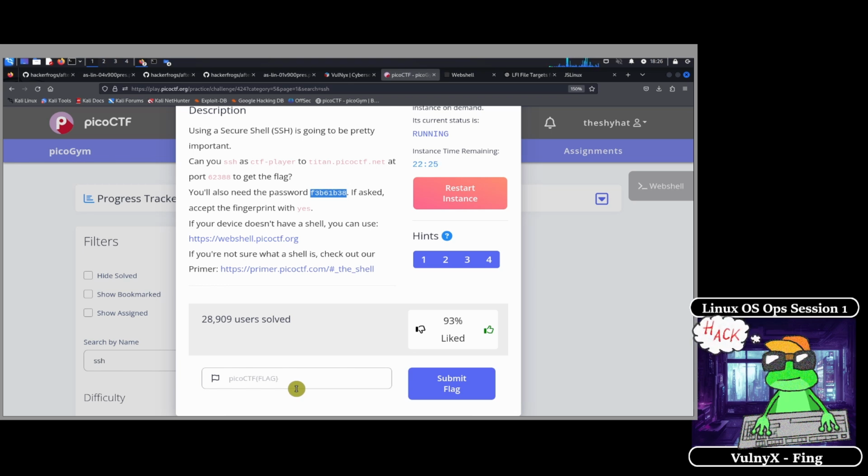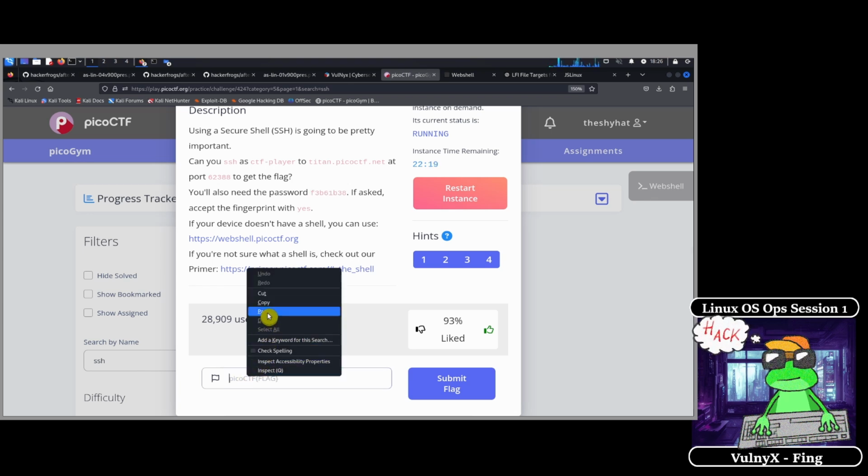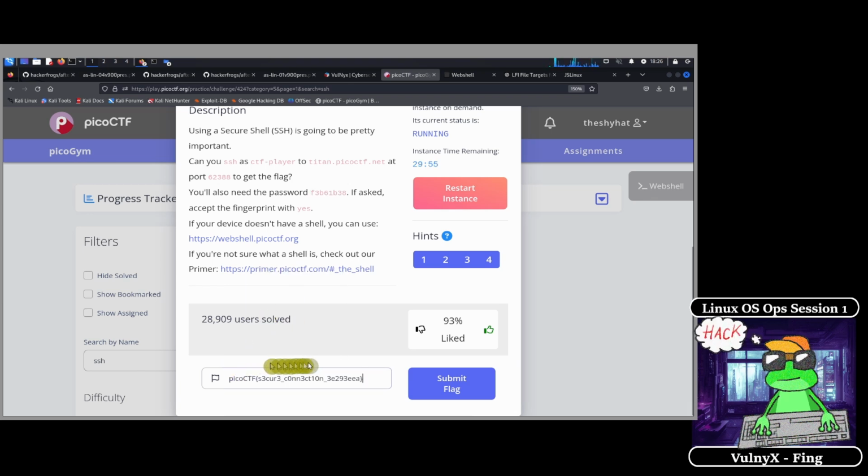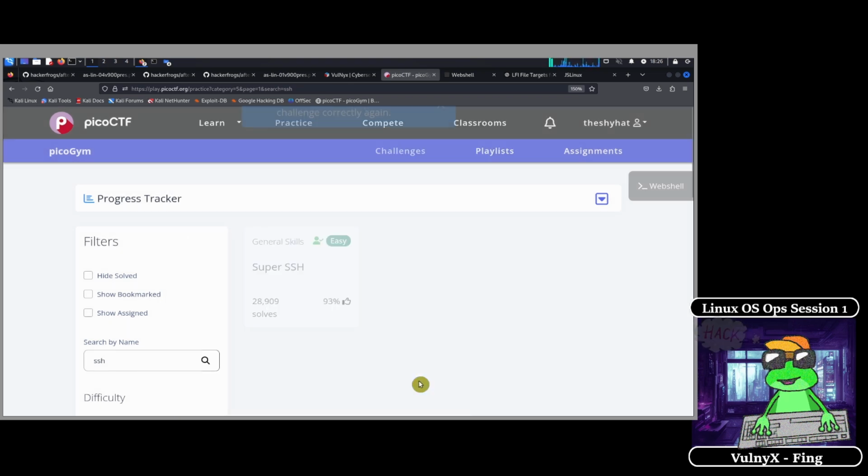Every picoCTF challenge has one. You want to click on it and then paste in the flag. And then after the flag is pasted in, you want to click on this blue Submit Flag button. And once you've done that, it's going to say you solved the challenge.